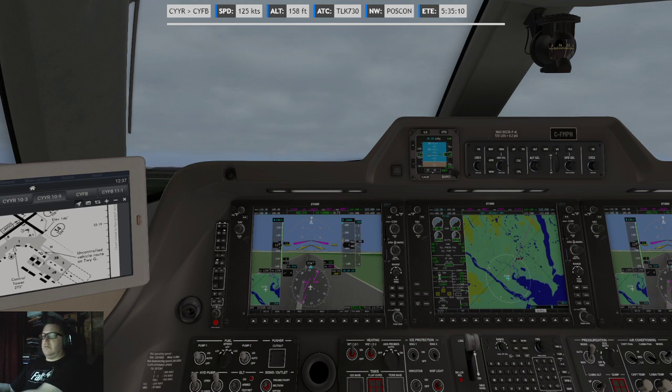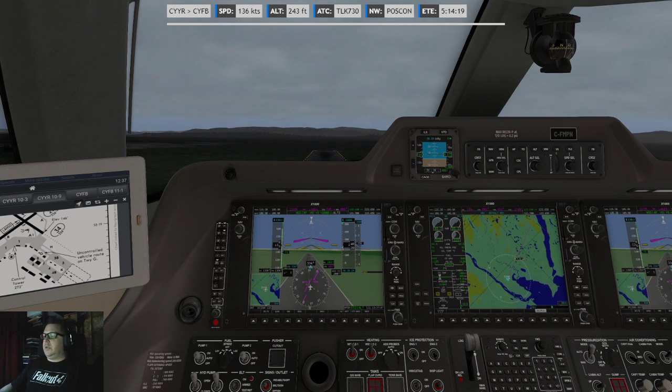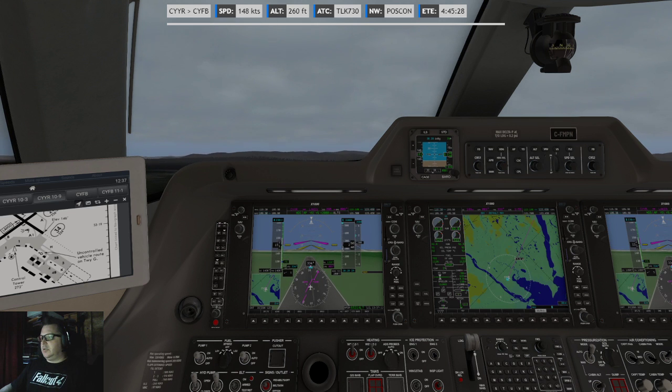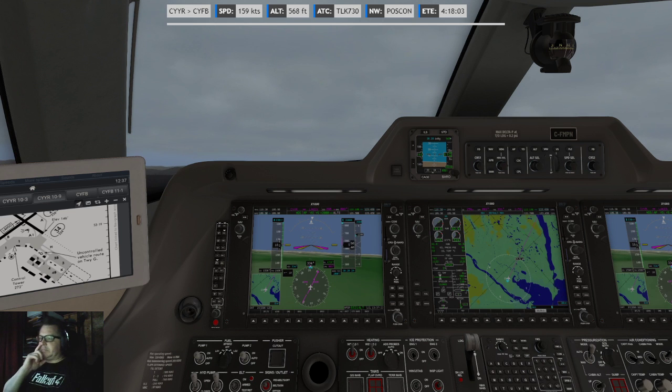Positive rate. Gear up. Flaps up. Give it the auto. Yes. Go climb speed. So climb to 6,000.